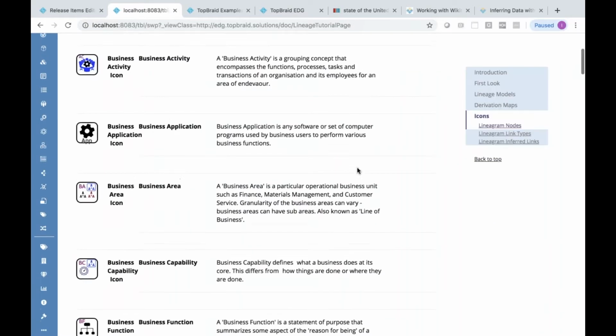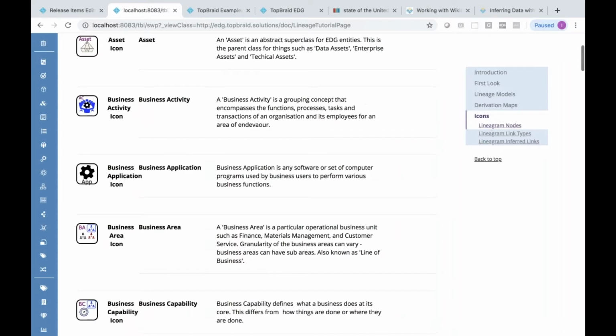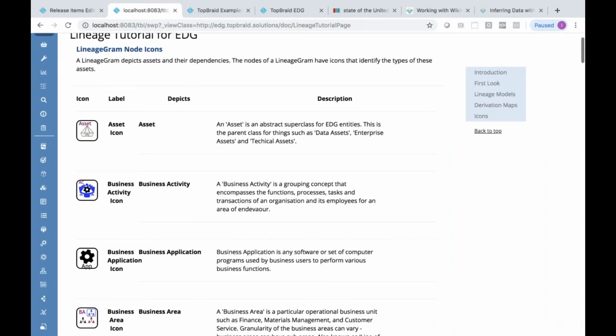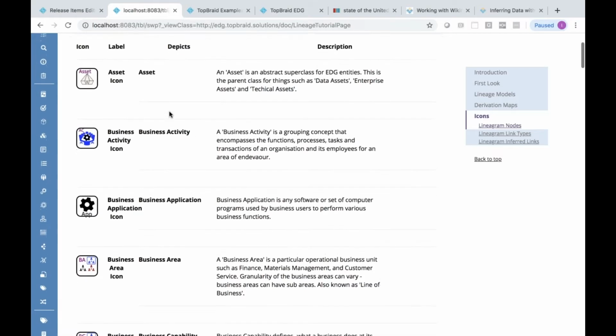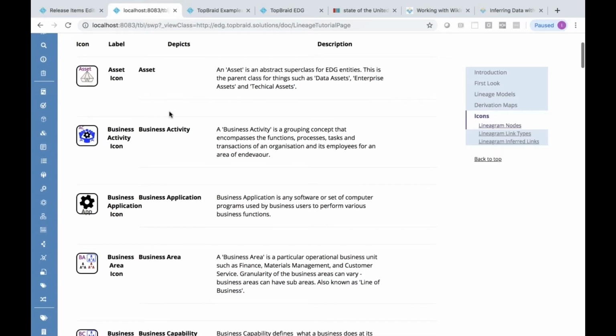And if you want to see exactly what information is shown, you could click in the tutorial on this icons link, and you see these are all the entities, all the objects that are being shown as a part of the lineage.